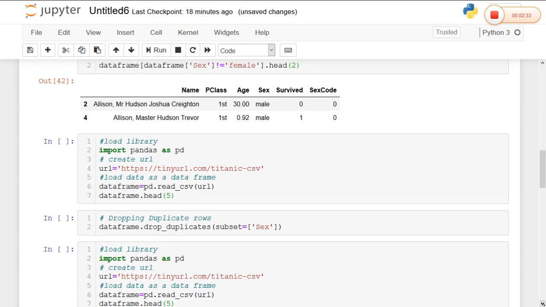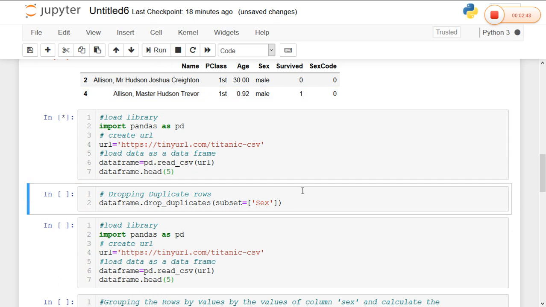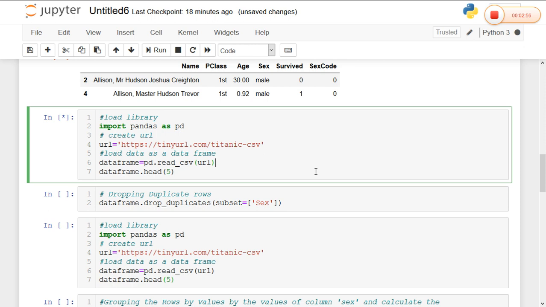Now, how can we drop the duplicate rows? We can drop the duplicate rows by using drop_duplicates. Here the parameters have to be mentioned very carefully. Initially I am taking the initial data set. Now I want to delete the duplicate rows in the sex column, that is, I want to return only female and male rows.